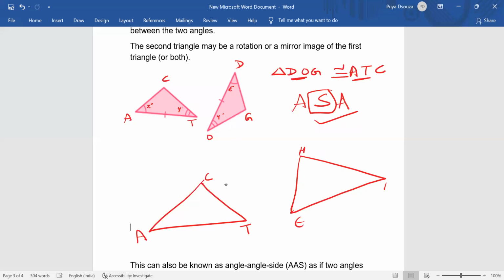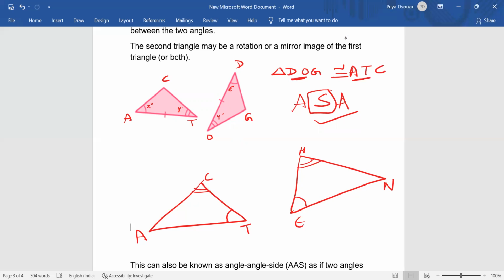For some reason, I'll just say that angle C is equal to angle H, and angle T is equal to angle E. Now, by ASA, I'm to give you CT. If I'm going to talk about ASA, CT should be equal to HE,